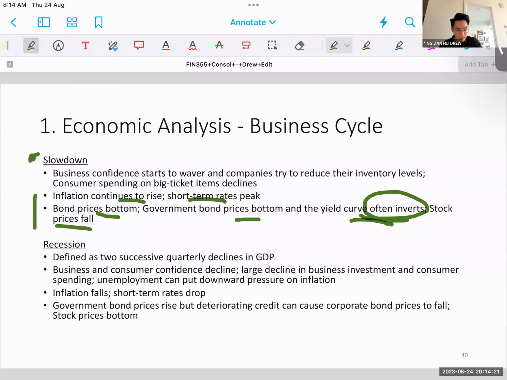So these are more like leading indicators that show a slowdown. We can look at more lagging indicators, where consumer spending on big ticket items decreases. These tend to be lagging, right? Because you don't experience it immediately. And what's interesting, I would like to point out is that